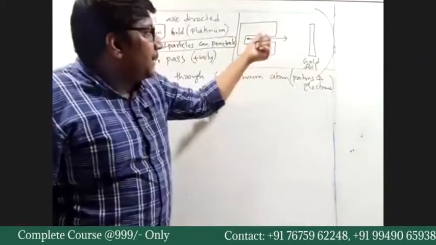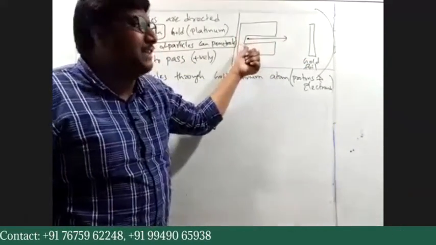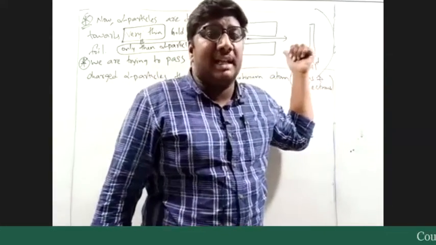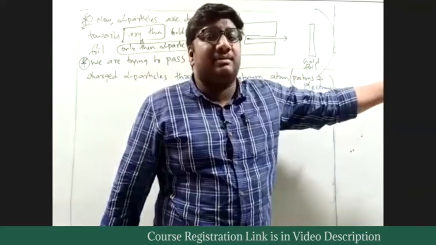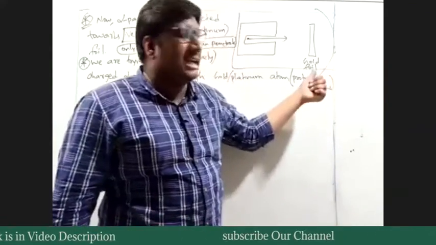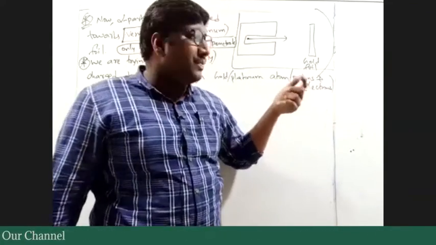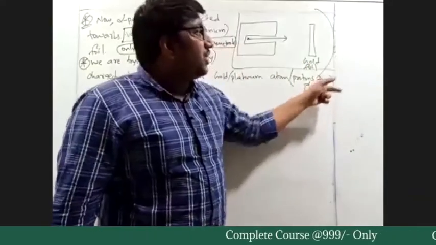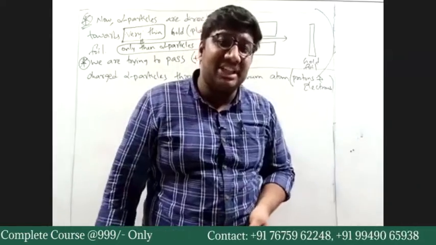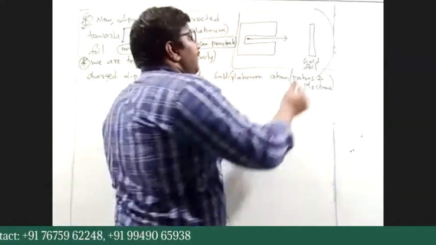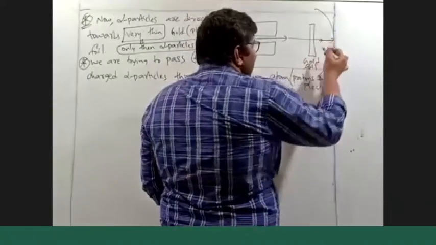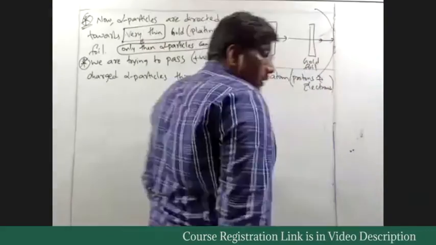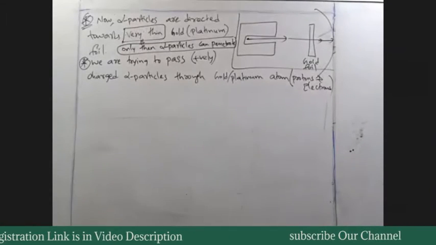That means we are making the positively charged alpha particle pass through an atom. When it is a very thin layer, then only it can pass. Yes or no? Pass through that gold atom and then check the position of the alpha particle. If it passes through the gold foil and hits directly here, there is no deflection. If it passes and hits somewhere here, there is some deflection, and we will talk of deflection. Okay, any questions?